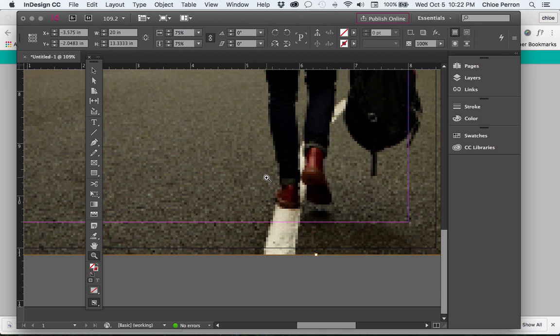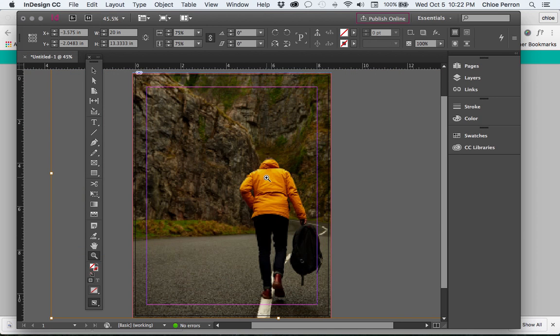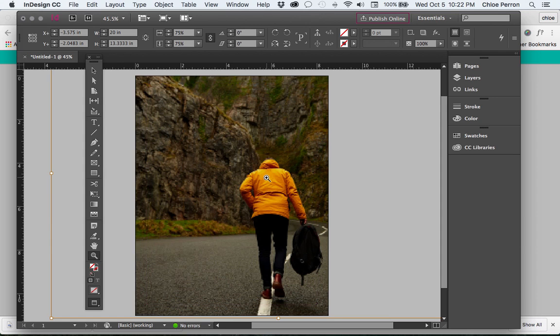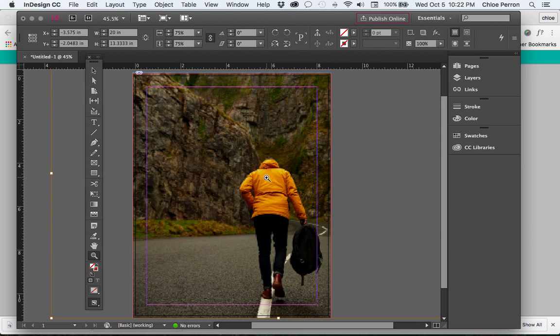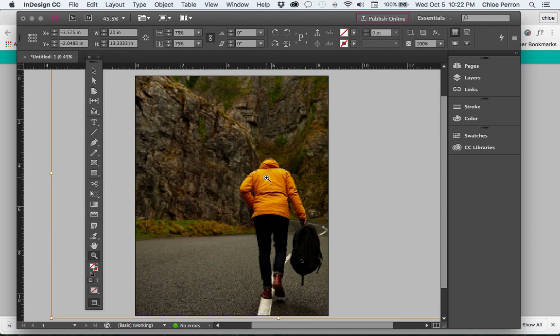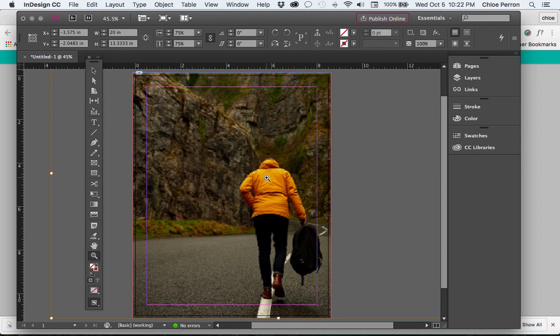Now I can press Command or Control 0 to zoom out to 100%, and I can press W to preview between my working and my preview mode. In the next video, I'm going to show you how to do